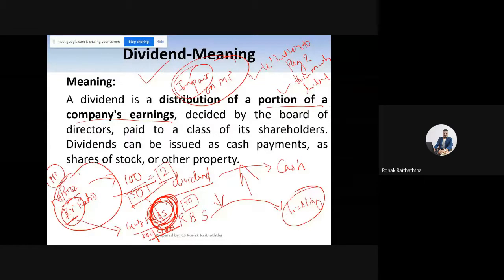So if someone asks you what is dividend decision making, first of all, it involves whether to pay the dividend or not. Number two, how much to pay as dividend. Number three, to estimate and measure the impact of dividend on the market price. And there will be an impact of non-payment of dividend as well on the market price. It will be vice versa, you know. There will be an impact on market price on the payment of dividend too, and on the non-payment as well.